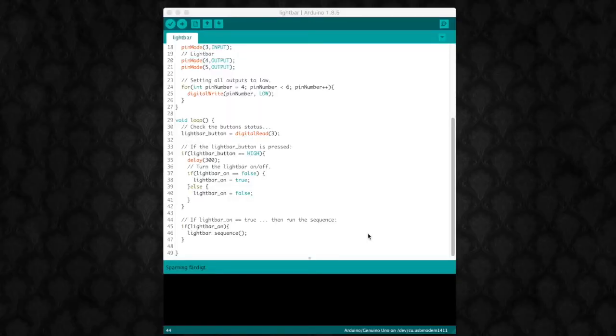When this happens, the condition on line 34 is being fulfilled. And then I want the strobes to turn on if they're off and off if they're on, and I do so by changing the lightBar_on variable to true or false. And lastly, if the variable lightBar_on is true,